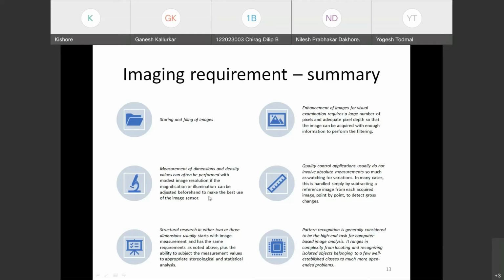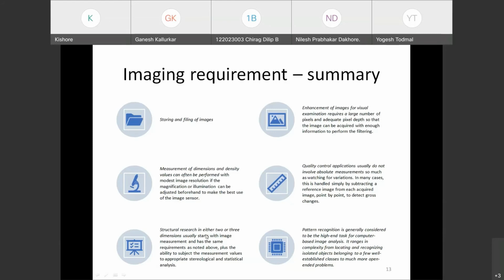Research. Okay, so the requirement here is to detect the gross change. For that, your edges should be sharp. Let's say if you are manufacturing shafts, the images that you may acquire should be free from shadows, so that the comparison is easy to perform. And in case of measurement of dimensions, you should know the geometric features, the parameters that you're using, so that you can create a proper scale.